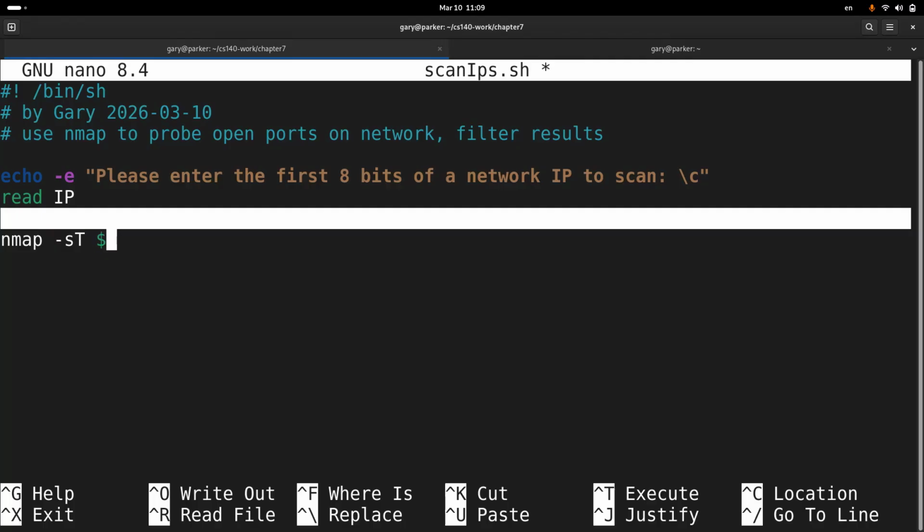Right on. So we're going to do $, capital IP. Now, here's the catch. I'm only asking for the first 8 bits. So I'm expecting them to type something like 172.122.8 and stop. Then I need to tack on the next 8 bits, which I want to be a 0. Now, if I do something like .0,